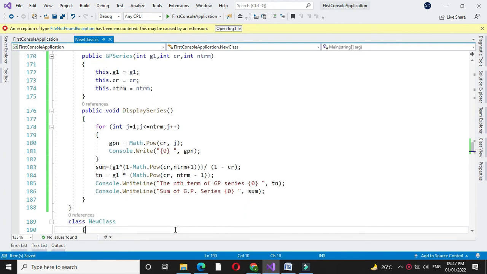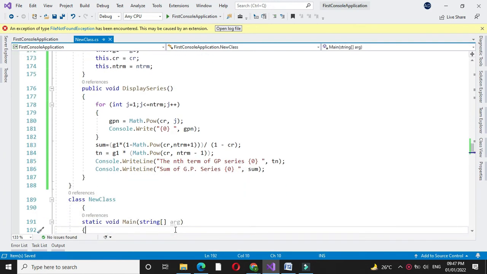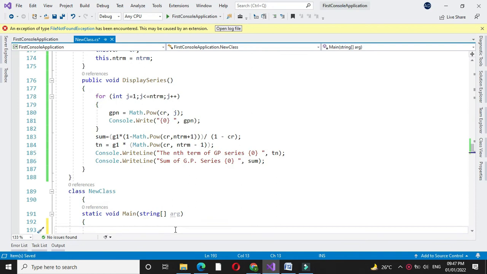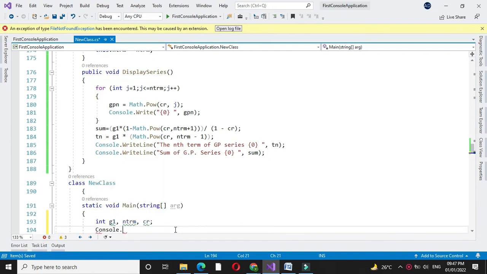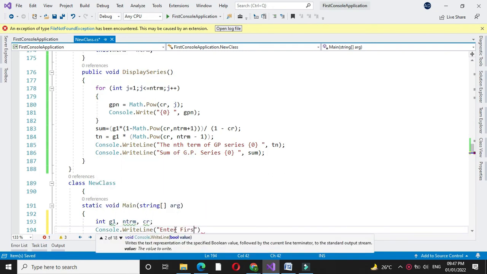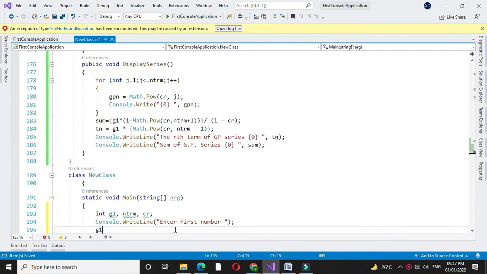To execute this in another class main method, we will create object of this. Before that we will accept 3 values, first term, common ratio, and number of terms. So we will define 3 variables. In G1 we will accept it by converting it to int32.